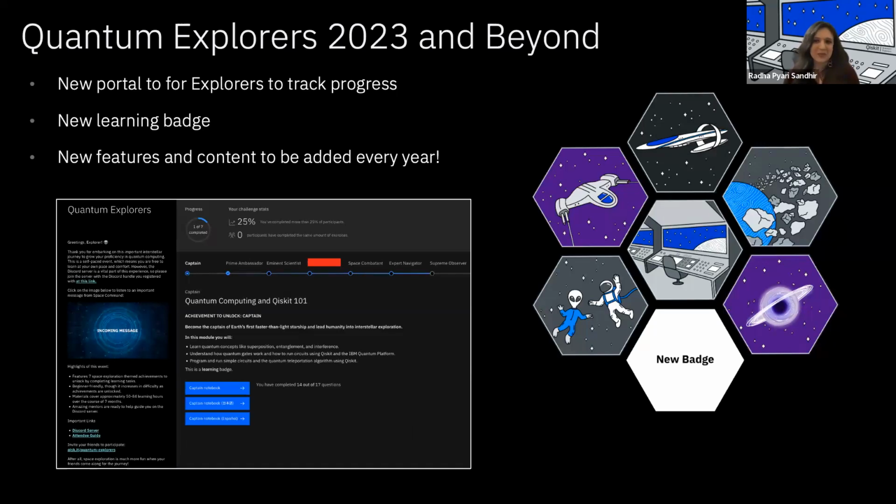Our IBM Quantum Challenge veterans may recognize this format, though there will be some difference due to this game-based approach. We've set up a program skeleton that improves on the pilot program's design, but given the game-based nature of this program, there's always room to improve and grow. So we hope to add new features and content every year, targeting the launch of each new cohort in order to improve the overall experience of our explorers.